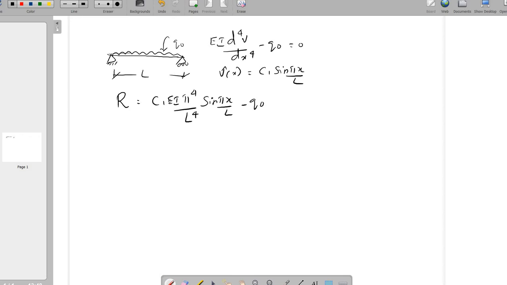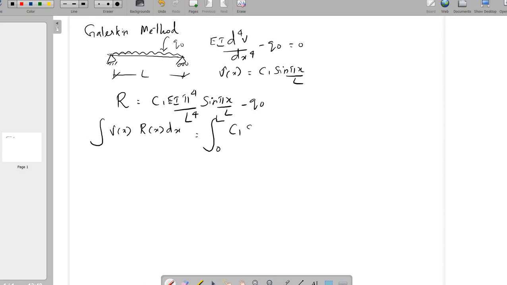So in Galerkin's method, we are going to integrate over a particular domain, and the weighted function is the displacement function. Directly we assume the displacement function is the weighted function. So here we can write integral of V of x into R of x dx, where V is the displacement function. So I can write, we are integrating from the boundary 0 to L.